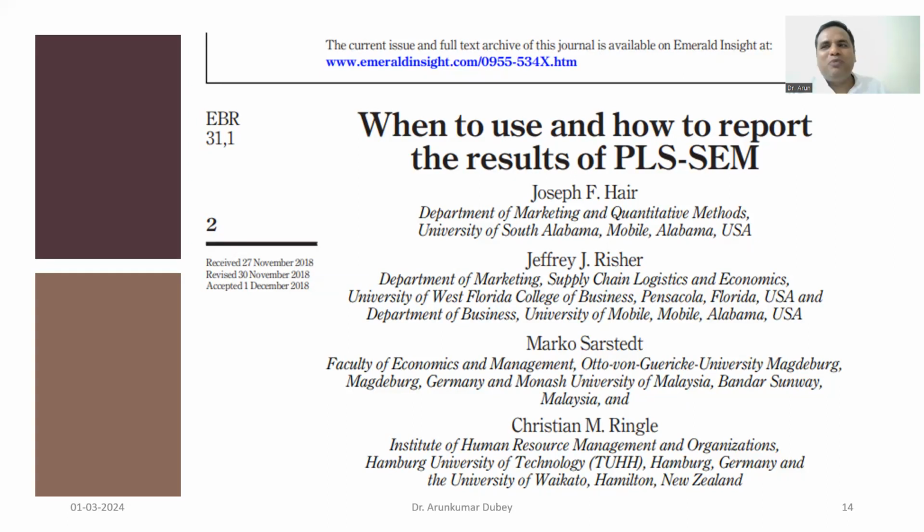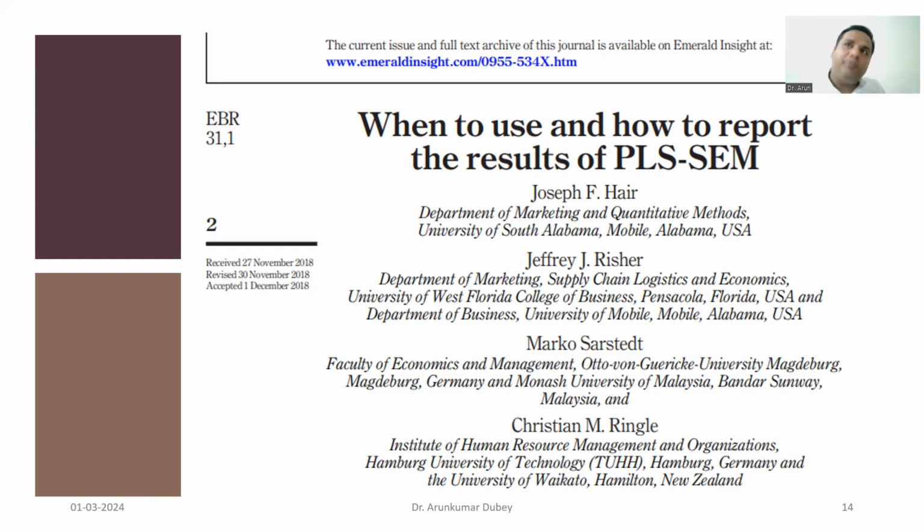So I'll show you two papers from IMB Review. They are talking about model fit. They are reporting SRMR. They are reporting some RMS theta. They are reporting some values to indicate that in PLS-SEM also there is a model fit. But when I read A-star papers, or for that matter A category papers from other journals,